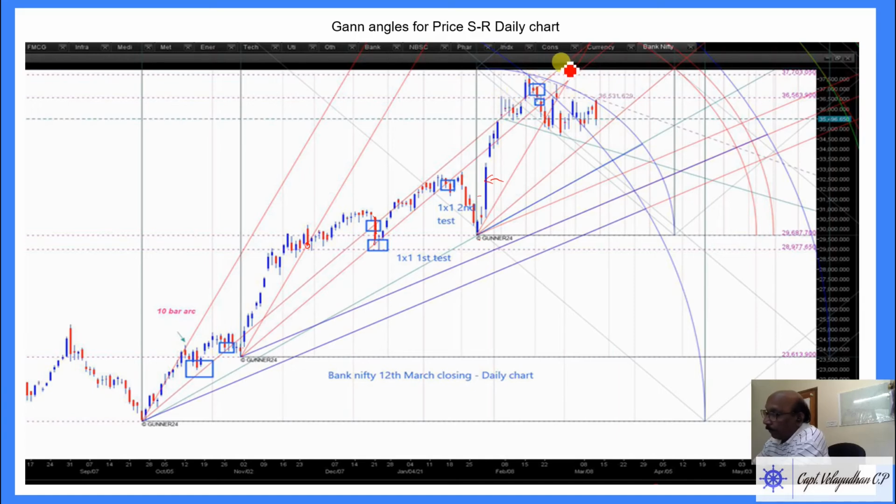Then here price started showing weakness. So here we can see the price showed resistance. Next day it opened above this 1 by 1 resistance line, but didn't sustain 2-3 days, it made a sideways move, then it broke down. So this sideways move was there a few days, then again it tried to break above this 1 by 1 where the initial move started. But it didn't sustain. Then it started moving down, breaking down.